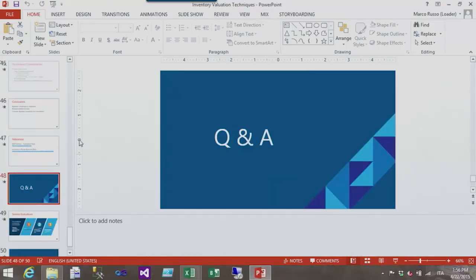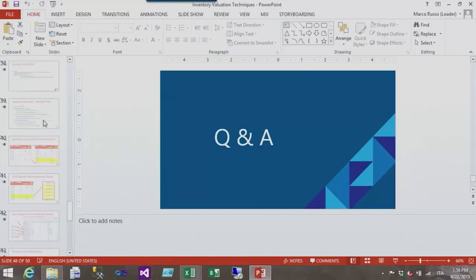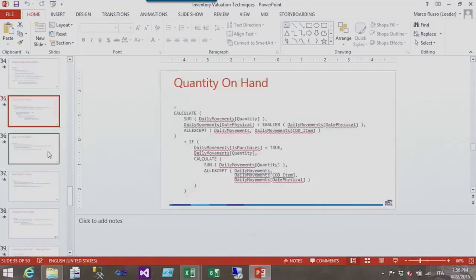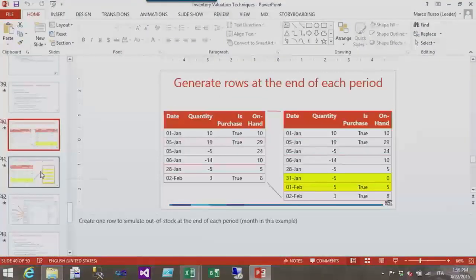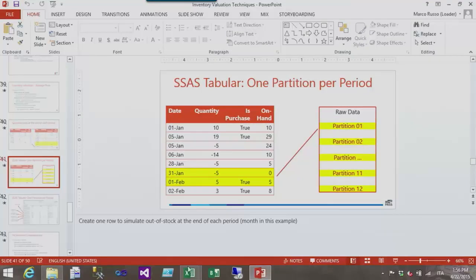I tried to repeat the, let me just check. As I said, the session will be much longer, but if you look at this,